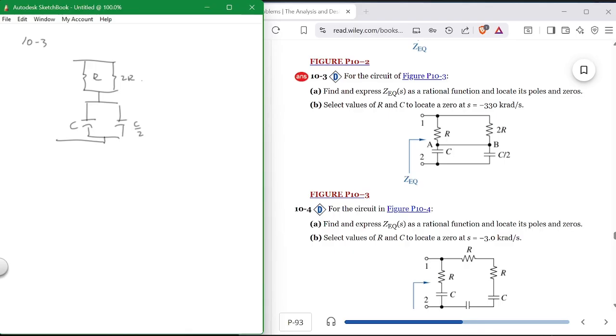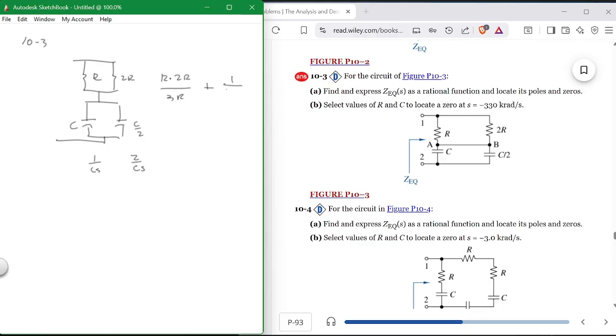Well, this is R times 2R over 3R plus, what? This would be 1 over CS. This would be 2 over CS. So it would be plus